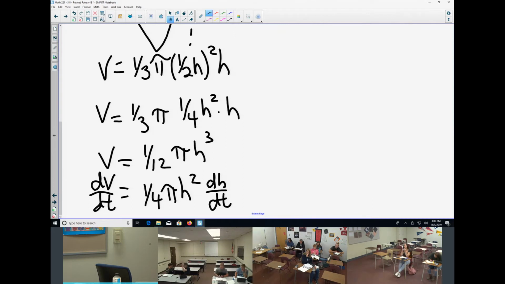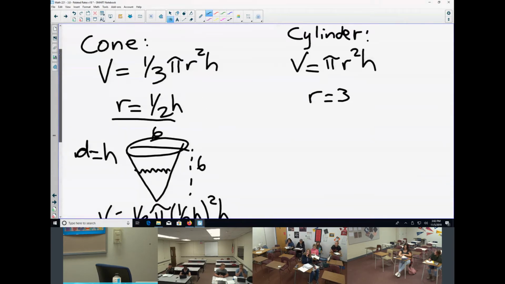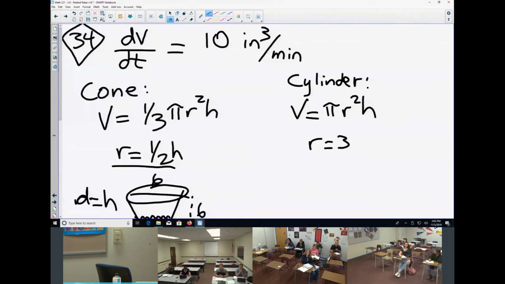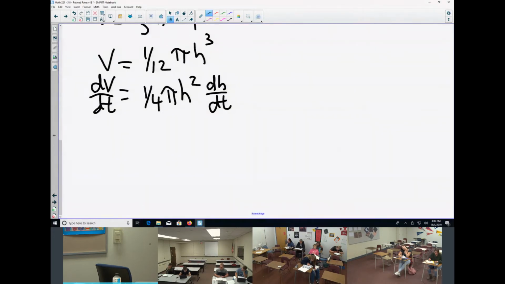We know dV/dt. So the dV/dt is 10, but it's coming out of the cone, so it's going to be negative. Right? So put in negative 10 here, equals 1/4